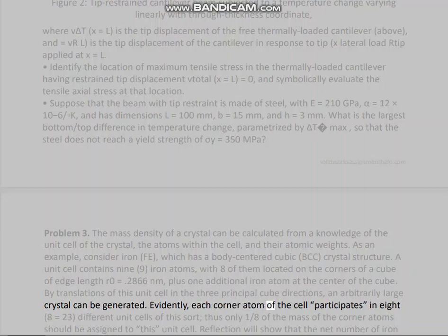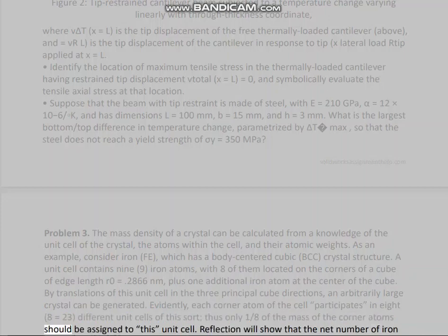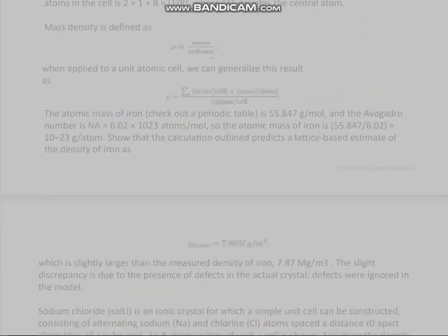Evidently, each corner atom of the cell participates in 8 different unit cells of this sort, thus only 1/8 of the mass of the corner atoms should be assigned to this unit cell. Reflection will show that the net number of iron atoms in the cell is 2, equal to 1 plus 8 times 1/8, where 1 denotes the central atom. Mass density is defined as mass per unit volume; when applied to a unit atomic cell, we can generalize this result as